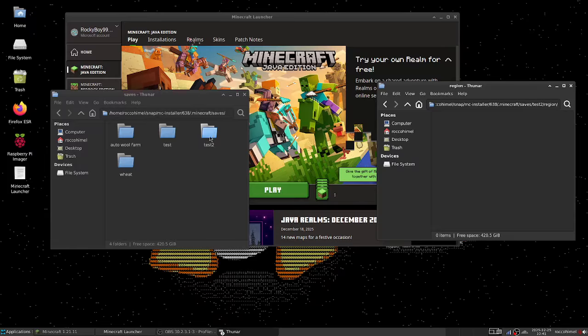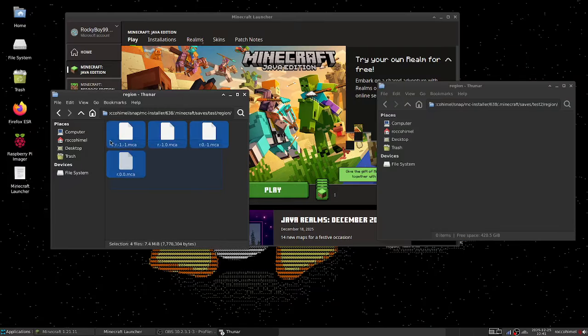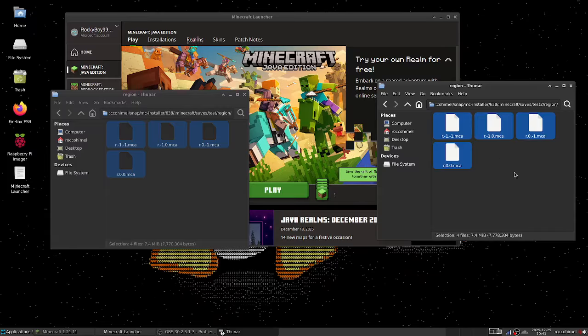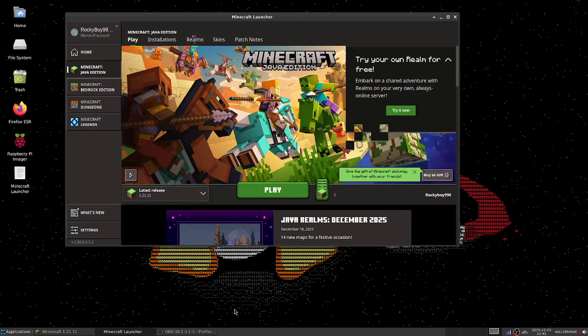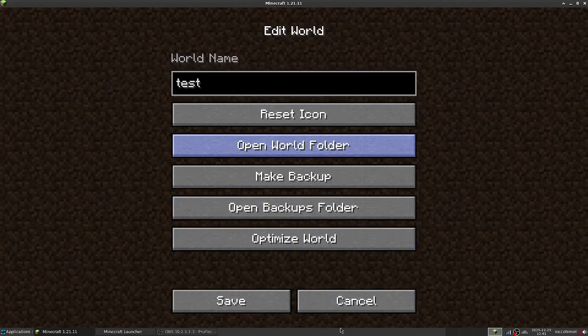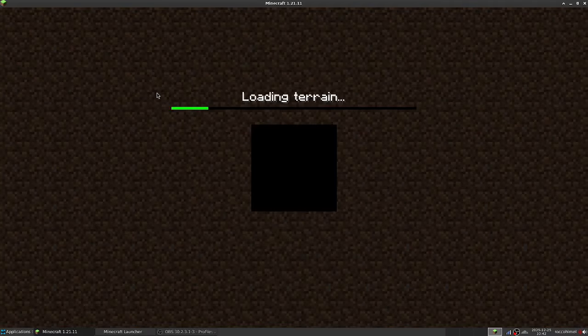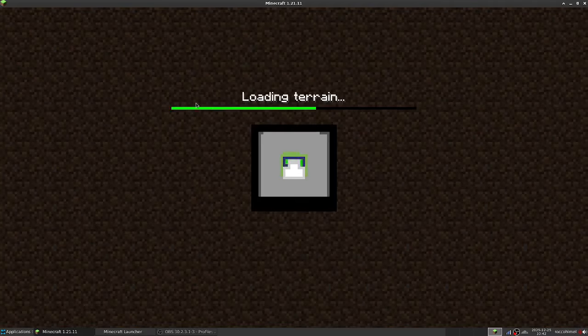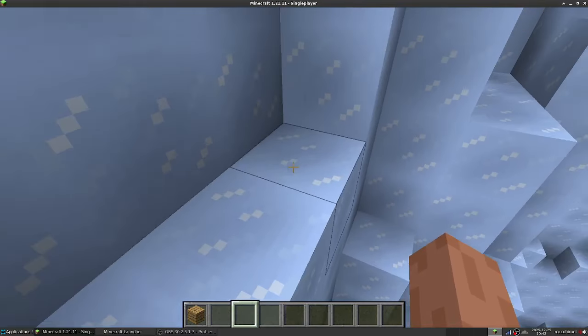Then you will go to the original test. Then you will copy all these files onto the other world's region folder. And this is basically what you have now. Close that, and we go back in. We go into test real quick. No, test 2 it is. You see all this stuff happening right here? And as expected, we spawn